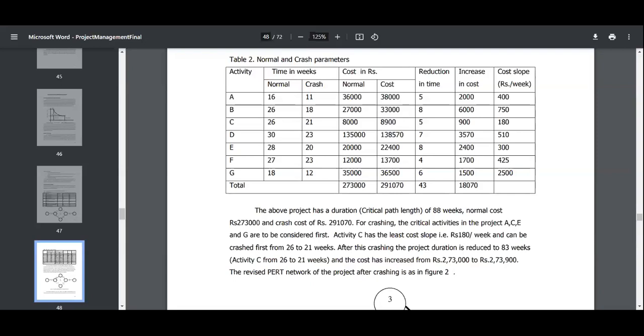So next activity is B and required 26 days, is completed 18 days, right? So cost is rupees 27,000, but it will spend 33,000. So reduction in time 8 days का टाइम इसमें हो गया एंड जो खर्चा था या उसका जो कॉस्ट था उसके और कॉस्ट ऑफ या कुछ है ना अदर. सो उसके लिए ओवरऑल मिला के कैलकुलेशंस